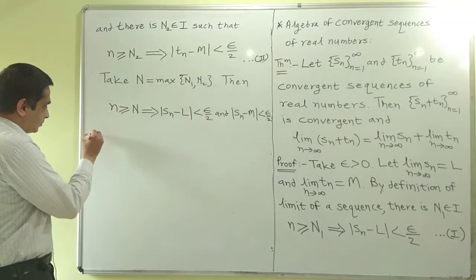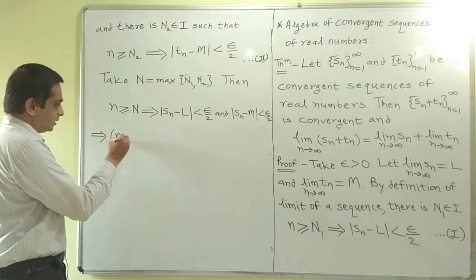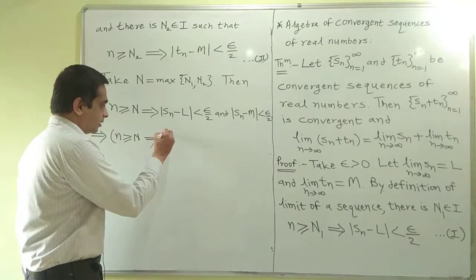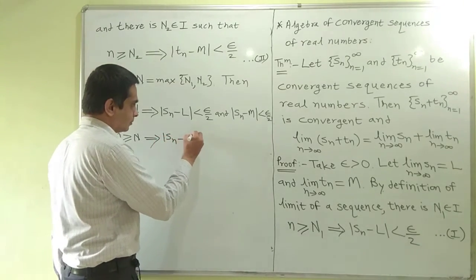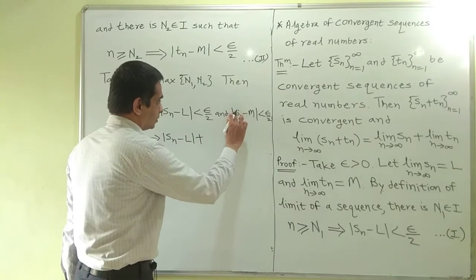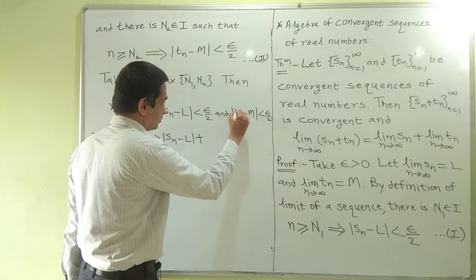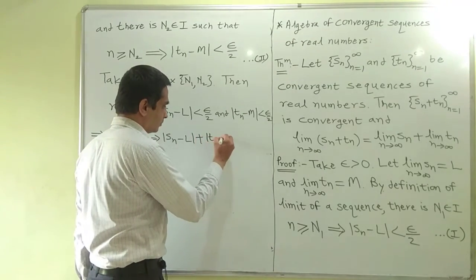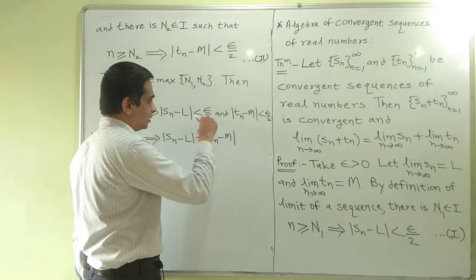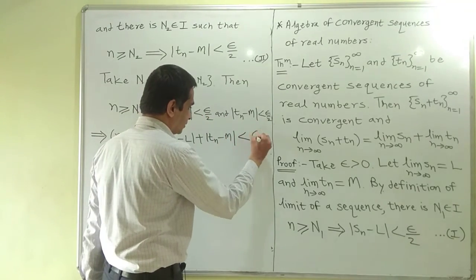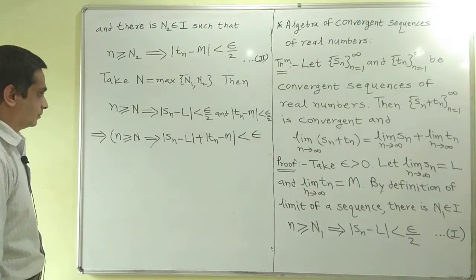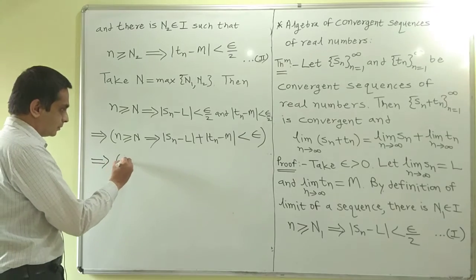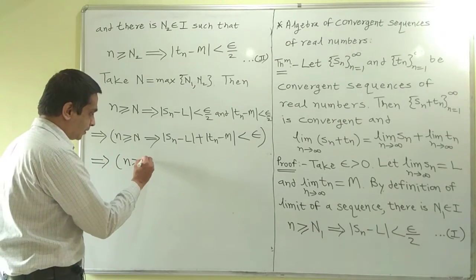This implies n is greater equal to N implies |Sn minus L| plus, sorry, I should write here |Tn minus M|, plus |Tn minus M| is less than epsilon by 2 plus epsilon by 2, which is equal to epsilon. This implies, use triangle inequality. So n is greater equal to N implies that